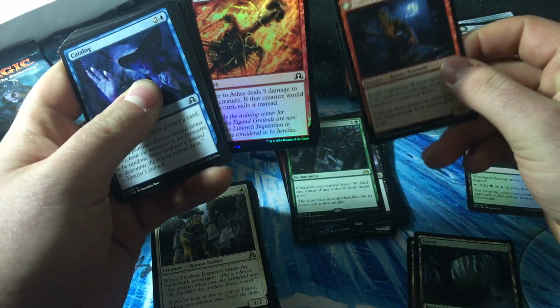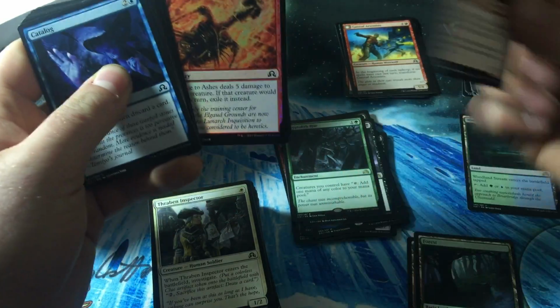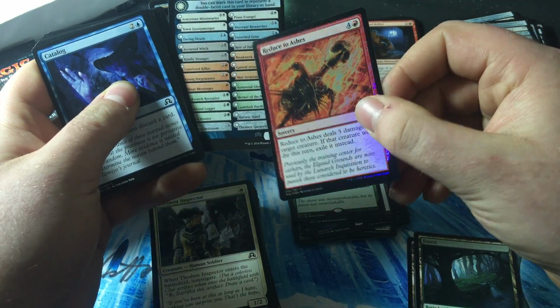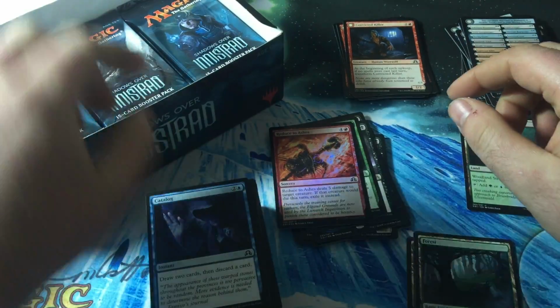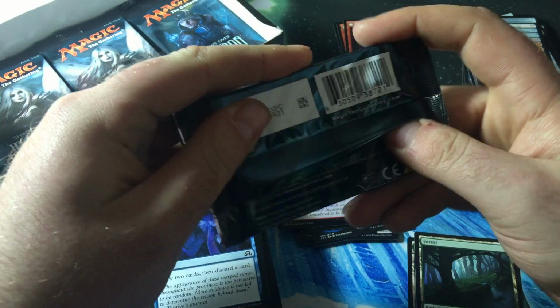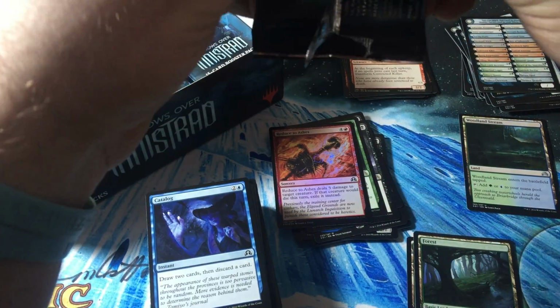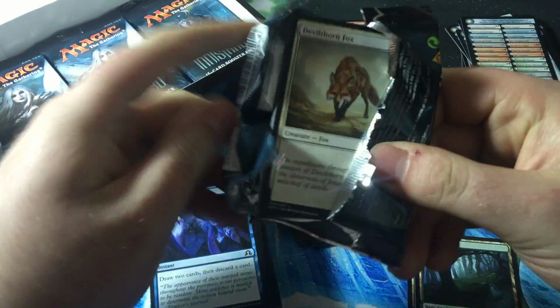Got a Convicted Killer, and a foil Reduced to Ashes. Interesting. That's a good looking picture in foil. Damn. Very nice. Alright. 5, do 5 damage to target creature. If it would die, exile. It's a sorcery, so...